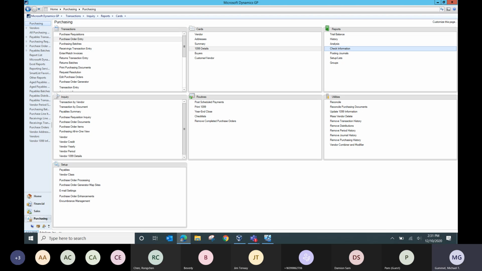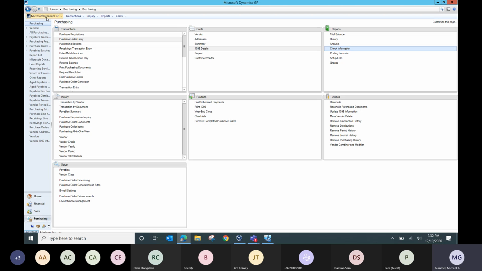Go ahead and print out all of your final financial statements. Make sure your balance sheet and your income statements look good. Then confirm that our next year is set up. All right. As part of that year-end closing process, again, our amounts are going to be rolled over to that new year. So we want to make sure that we have that new year set up prior to running the